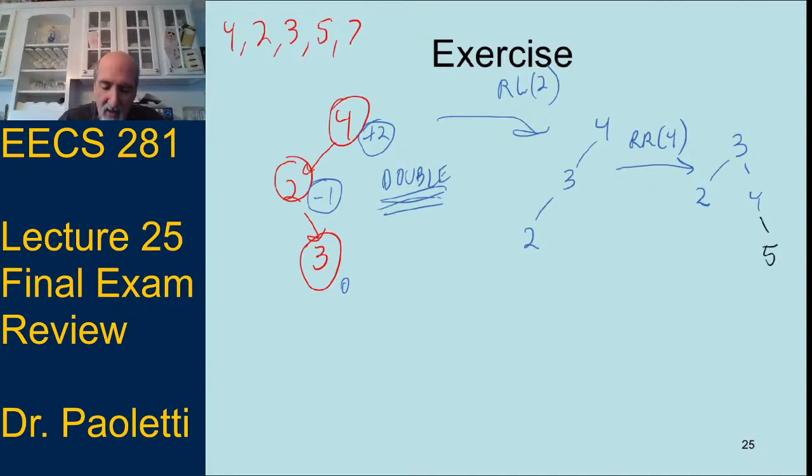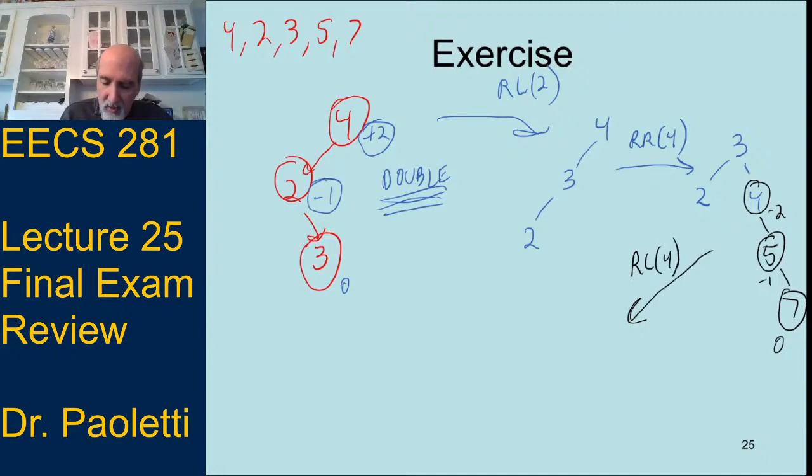So I insert 5, and it's still balanced. I insert 7, it's got to be to the right of 5. And now we're unbalanced. And if we look at our balance factors, we've got 0, 0 minus 1 is negative 1, 0 minus 2 is negative 2. I've got a negative 2. When I've got a negative 2, I look to the right and I see that's a negative number. So that's fine. I've got a negative 2 with a negative 1 to the right of it. That's just a single rotation. So I just have to rotate left at 4, which would give me, so the 3 and the 2 don't change, and then 4 and 5 change their relationship.